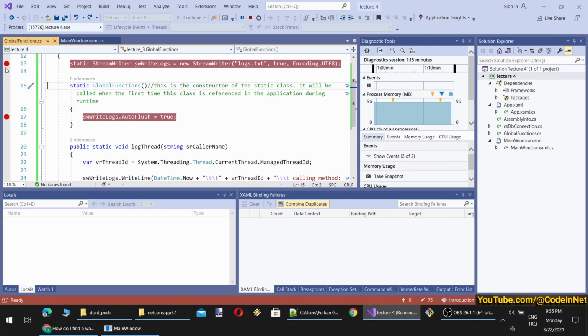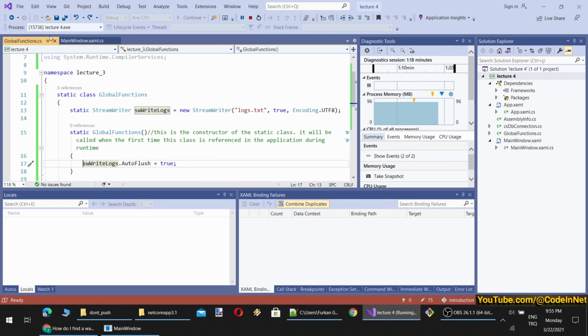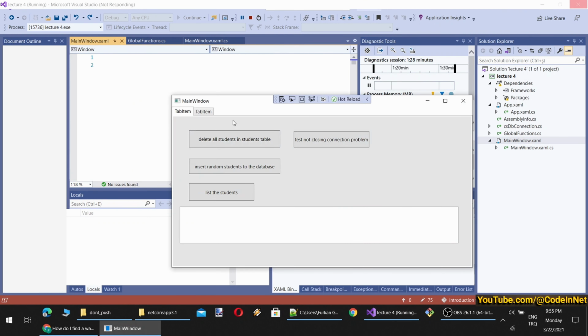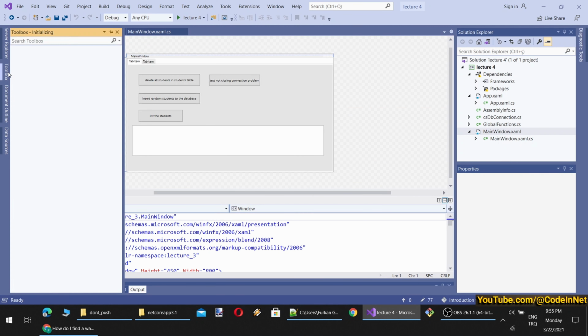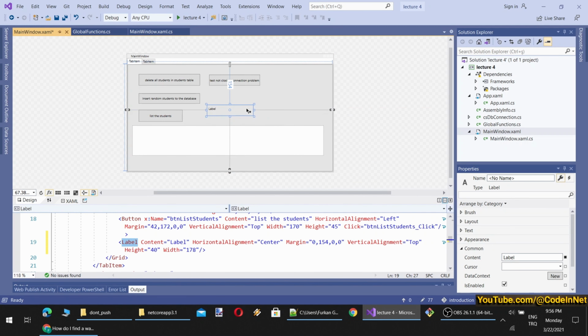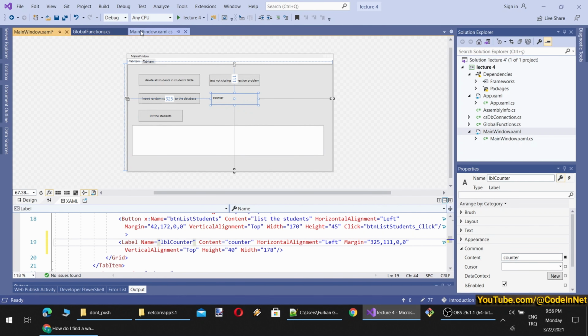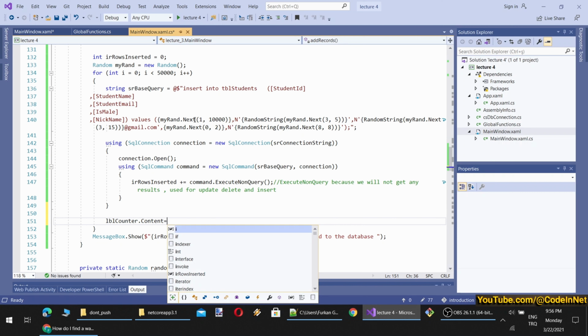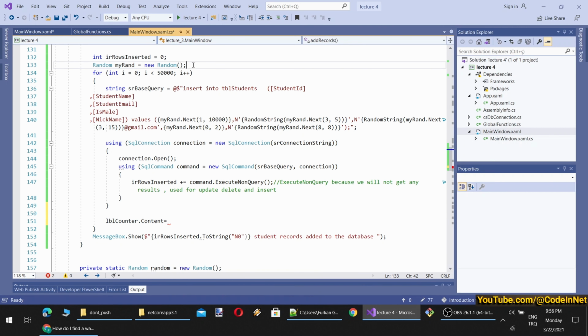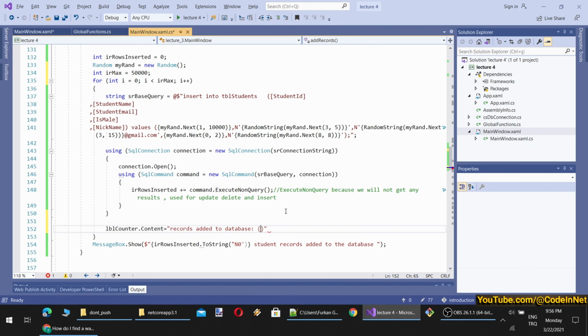We can also add a label to display as a counter of completed operations. I will stop the application. So here, let's add a label. This will be our counter. Let's name it tour. And in here, we will display the number of added courses with content equal to i.ToString(), or say we can make it as k i.